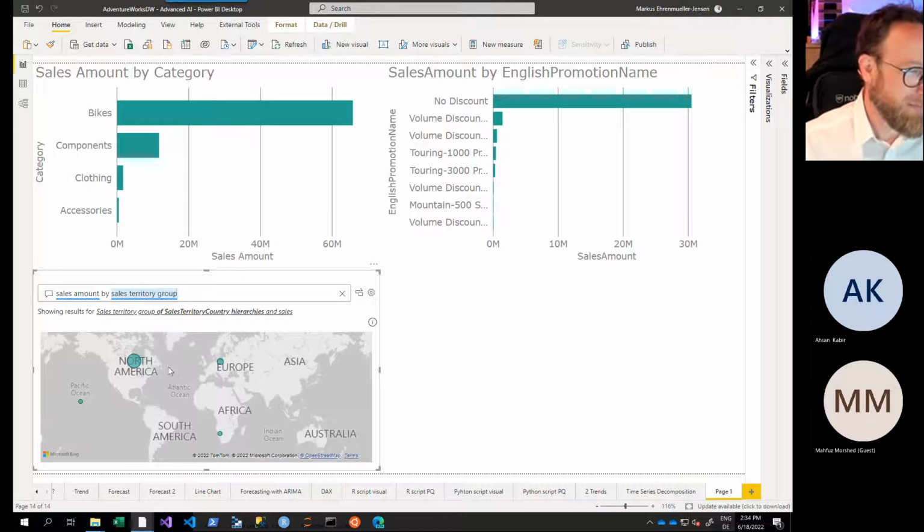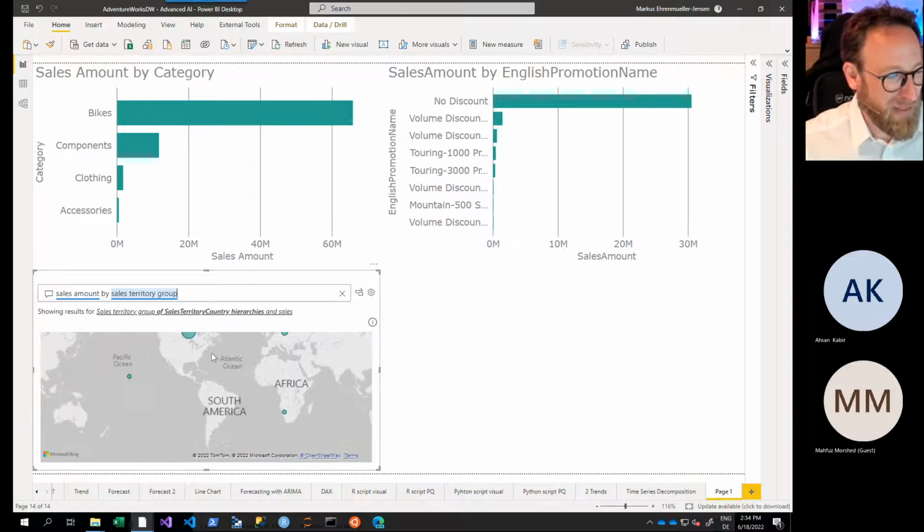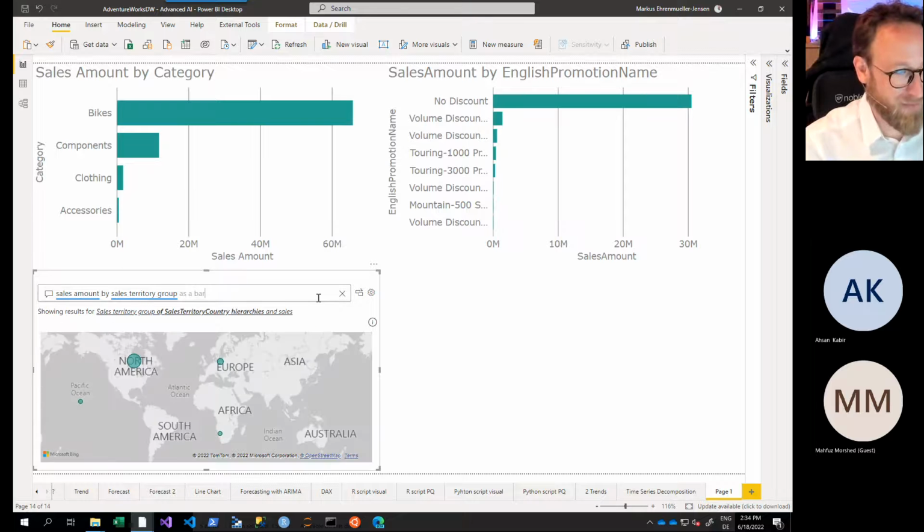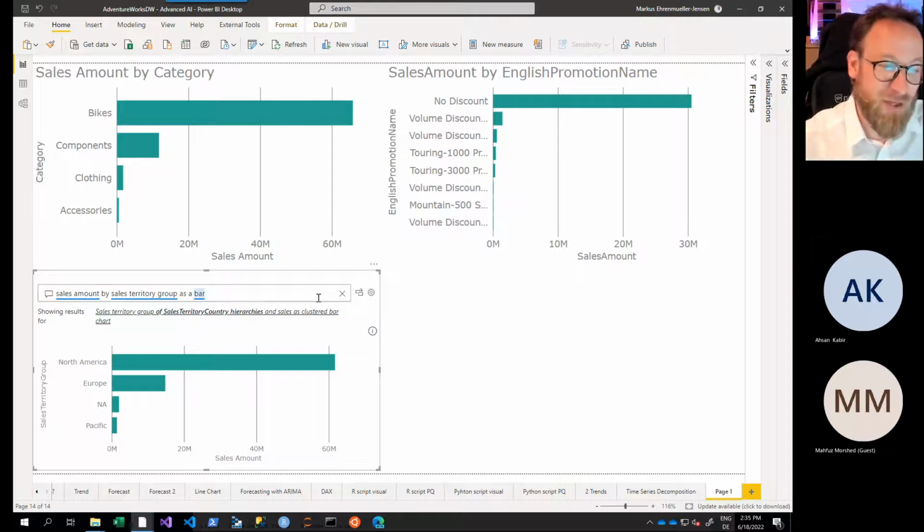And the other thing is that most people I work with, they are aware of where North America, what the Pacific region is, so we don't have to really draw this on a map, because the information density on a map is not very high, right? Because we have a lot of space used up and only see like some points here. So I'm showing to you this, that I also can show. I want to see this as a bar chart, and then we can also change